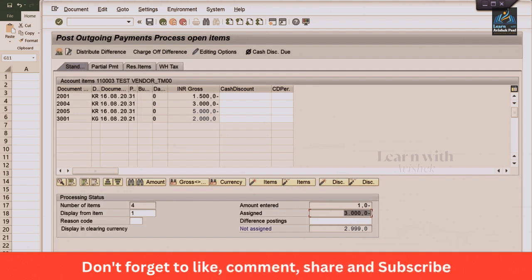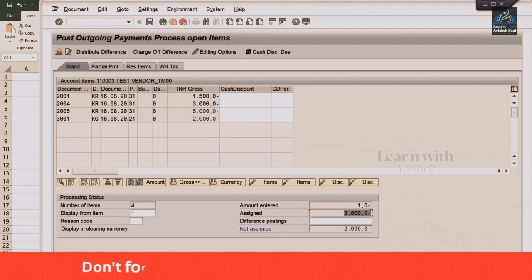And now there might be a question in your mind. Let's suppose at the time of posting payment, the user has forgotten about this credit memo. This credit memo was not selected. So 5000 we have posted into SAP. Now what will happen, guys? So 2 things are there. Either you have to reverse this 5000 and then repost the transactions, or else